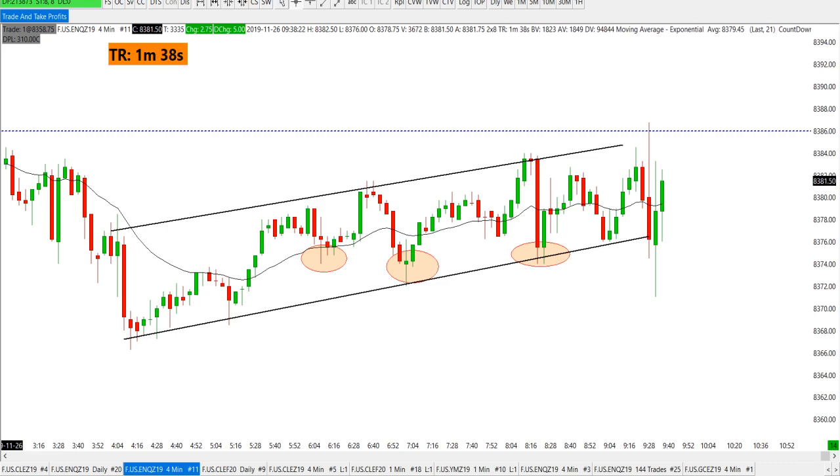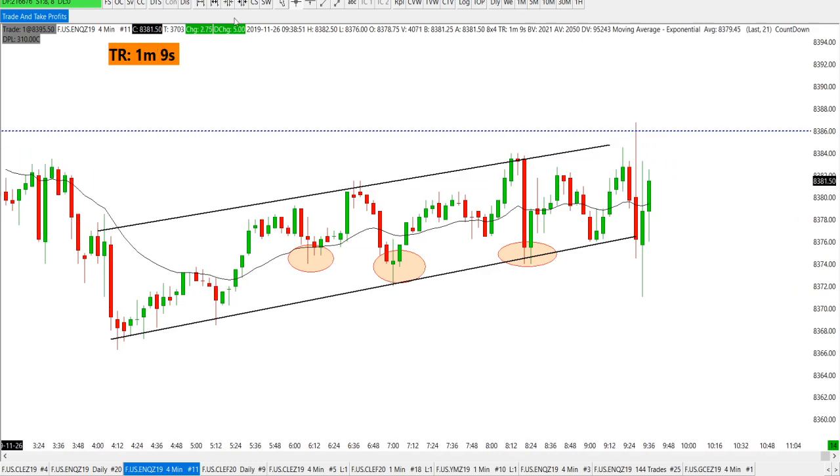Let me show you if I could. Let me see if I could show you. I don't know if this whiteboard is going to work. Can you see this whiteboard? Let me see if this whiteboard works. Nah, the whiteboard is not working. But let me see if I can actually. Let me see here. I'm going to show you exactly what I'm looking at.